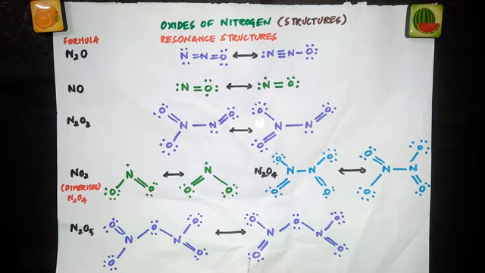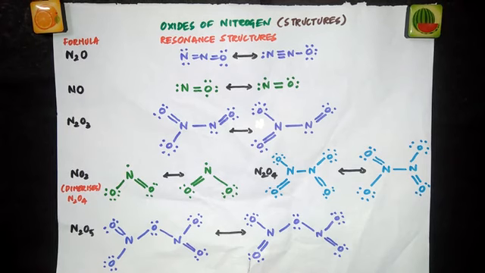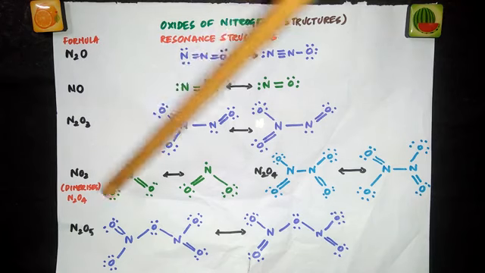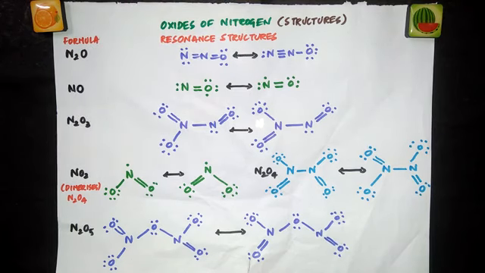Between sp and sp2 hybridization, s character will be more in sp2 hybridization. When s character is more, bond strength is more. So NO2 combines to dimerize, while in NO, the odd electron doesn't have s character, so the bond formed is not that strong. So it always exists as NO molecule, not as N2O2, sorry, but NO2 exists as N2O4. They will not ask you all these questions, but you should have an idea why, even though having an odd electron, NO is not dimerizing, but NO2 is dimerizing.